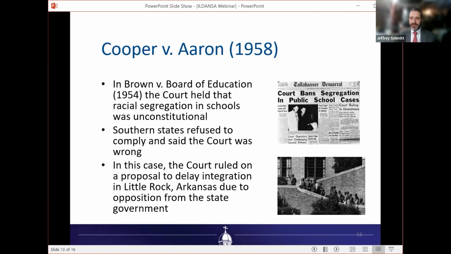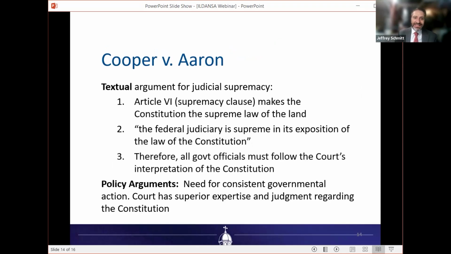That's when this decision happens, right? The court says federal law is supreme. What we say goes. States, you're not allowed to disagree with us. And in saying that, they say that the Constitution is supreme. We, the court, are supreme in saying what the law is. So every government official must immediately follow what we say the Constitution means. That is the strongest version of judicial power. And again, that's controversial. Many people, apparently our vice president, especially maybe our president, think that that's not true.